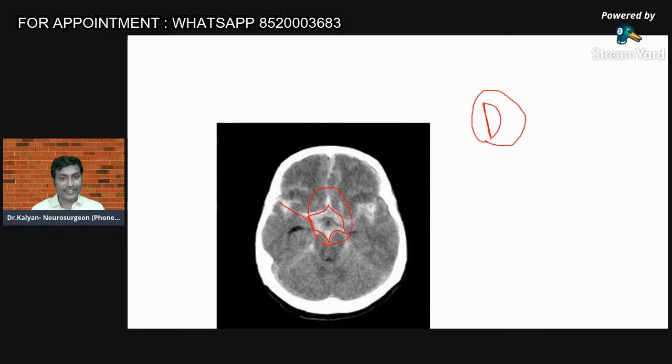So what do you call that bleed? This is the Sylvian fissure. So blood is located in the Sylvian fissure. Blood is located in the basal cisterns. So any blood which is located in the basal cisterns and Sylvian fissure is called what? Karthik, that is not central sulci. Central sulci, I will try to cover in the next webinars. I have not taught you central sulci, and that is Sylvian fissure.